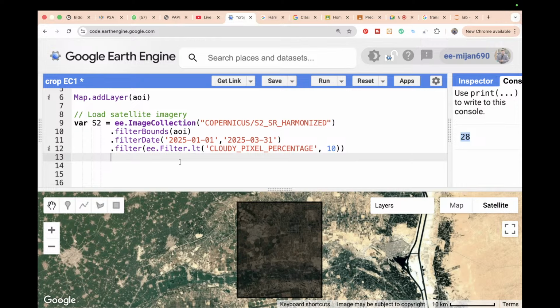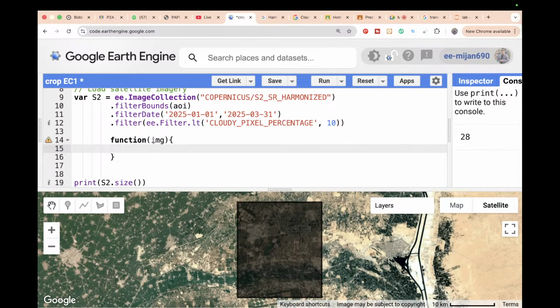So let's go try to create a function. I put the function keyword, and I put the element name, suppose img, and I put my argument. What is my argument using this element? My argument is that I want to make NDVI. To take a variable, suppose NDVI equal,